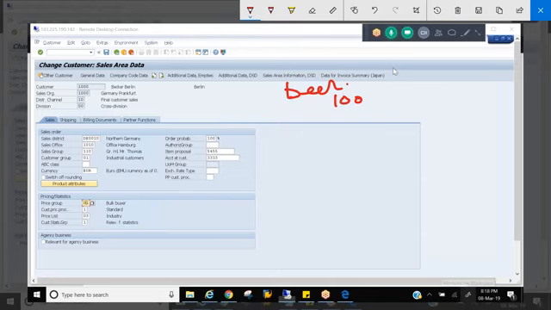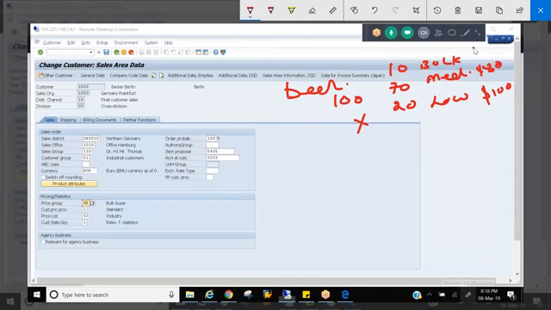No, right? So out of 100, 10 might be bulk volume buyer dealers, 70 can be medium buyers, and 20 can be low volume buyers. So for material X, the low volume has to pay $100 and medium $80, and for bulk customers I give it for $70.